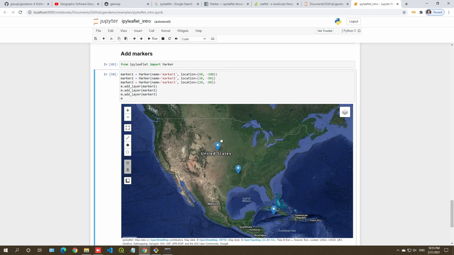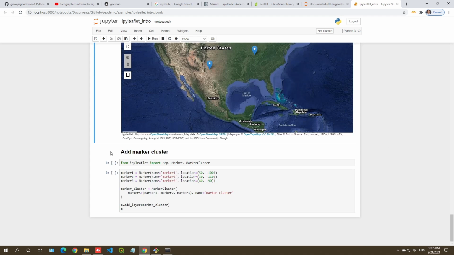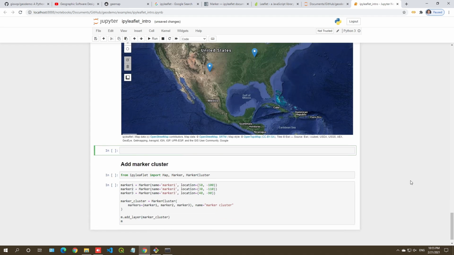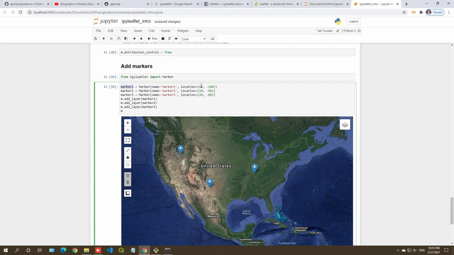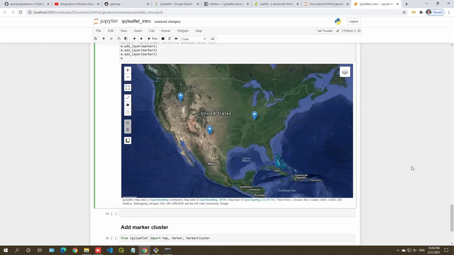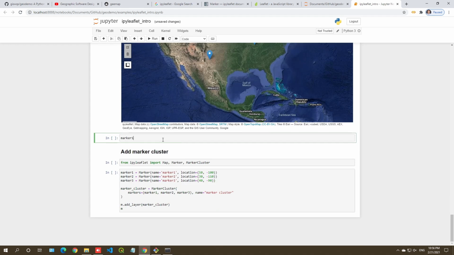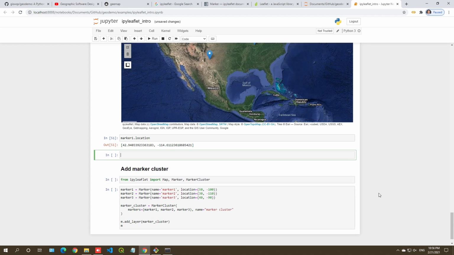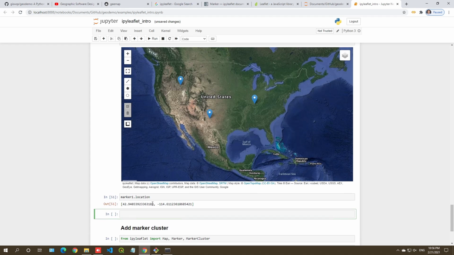So if you click, you can actually drag the points. Once you drag a point, the location of the point is also changed. If you want to figure that out, I can add another cell and show you here. Marker 1 was originally latitude 40 and longitude negative 100. If you copy this, type marker 1 dot location, and hit alt enter, you will see it has been changed to 42 and